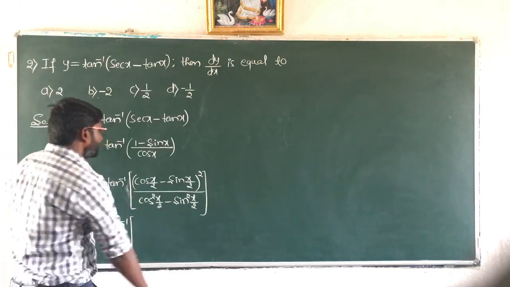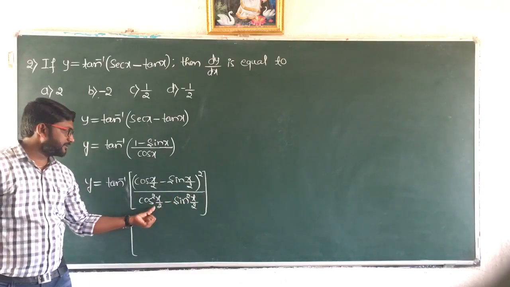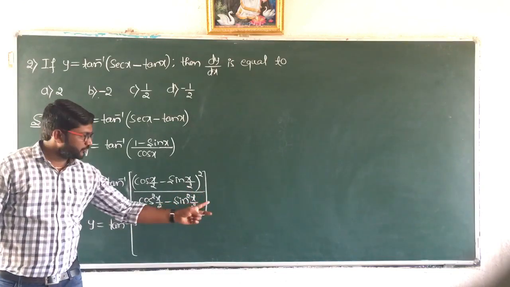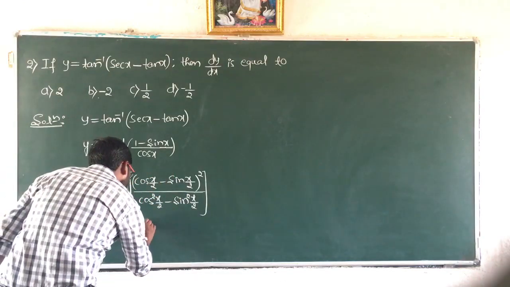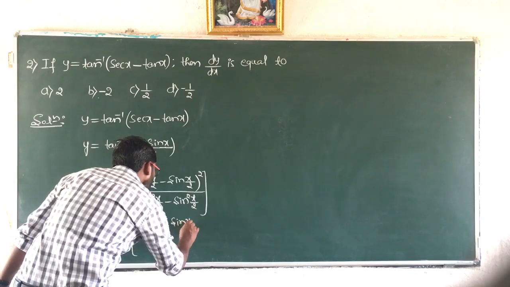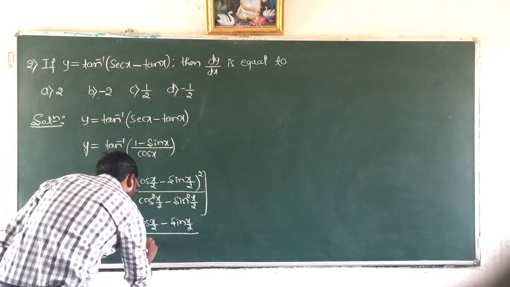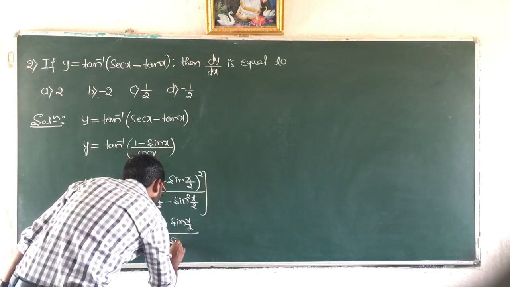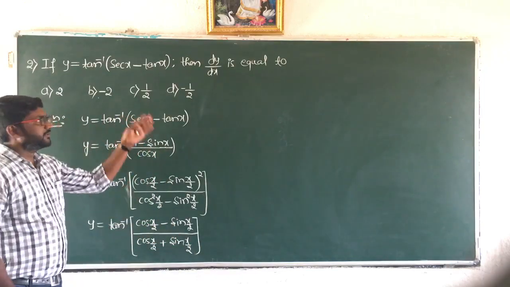So see here, the denominator can be written as a plus b into a minus b. It is in the form of a square minus b square. It can be written as a plus b into a minus b. So a minus b and this numerator get cancelled. So I will write the remaining term now. Cos x by 2 minus sin x by 2 divided by cos x by 2 plus sin x by 2. I am writing it directly because we have to solve this in 1 minute.